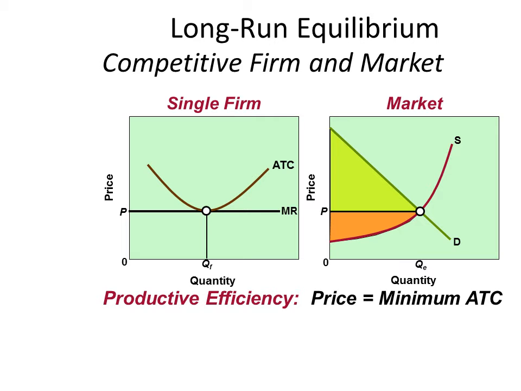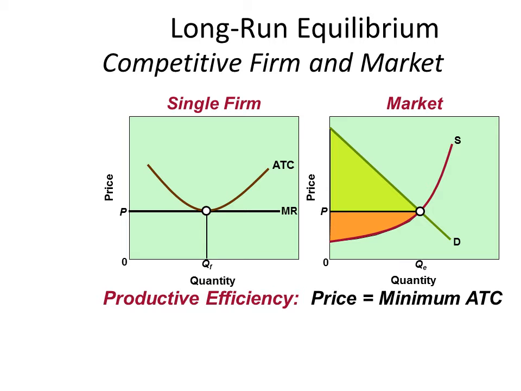Notice that a single firm on the left-hand side is a price taker, right? Price on the vertical axis, capital P, is determined by the market on the right-hand side. Price equals marginal revenue. Well, now what does that mean? It means that this firm can sell as many units as they wish, but the additional revenue they receive from selling the next unit of output, the marginal revenue, will always equal the price because the firm is a price taker and demand for the single firm is perfectly elastic at the market price.